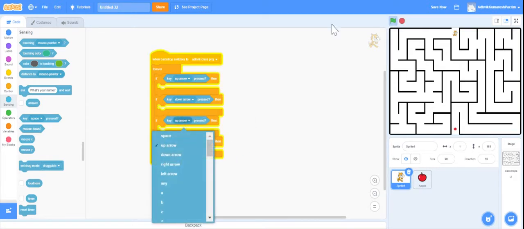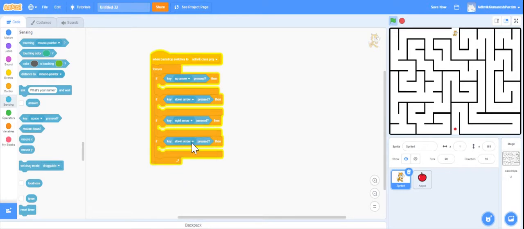But then you should put, instead of up arrow and down arrow, it's already here. So put right arrow and left arrow. Now you have up, down, left, and right. So now if these keys are pressed, then